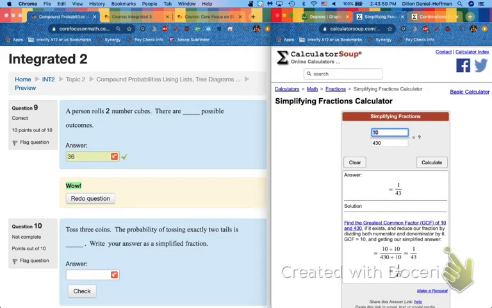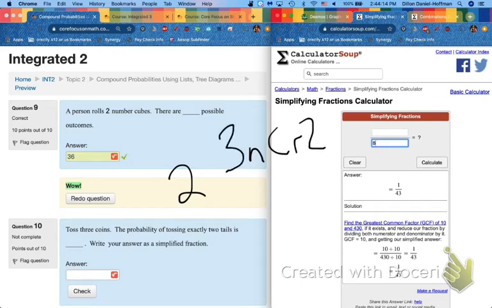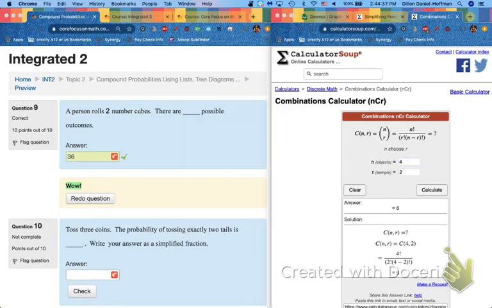That number you just got, 8 or 16 or 32, put in the denominator. That is going to be what we have there. But we need to figure out our numerator. And for this problem, my numerator is tossing exactly 2 tails. So if I have 2 tails, there's a button on our graphing calculator called the NCR button, where we'd say, all right, I have 3 coins, I want exactly 2 tails, spit out a number of how many combinations that would be. Because we don't have that calculator, I found another one, the combinations calculator, where here you type in